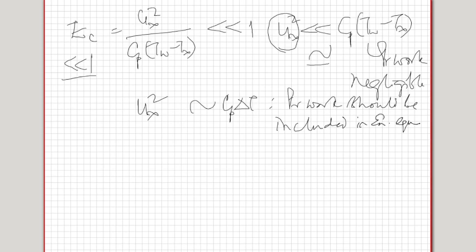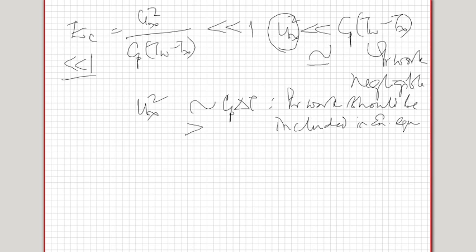Okay, so this determines when the energy equation should or should not include it. If it is greater, then it should be included. So the pressure work term should be included in the energy equation if and only if the Eckert number is of the order of 1 or higher, and if the Eckert number is much less than 1, it can be neglected. Normally when you say much less than 1, it is at least 2 orders of magnitude smaller. So if the Eckert number is 0.01 or less, then we say that pressure work can be neglected.